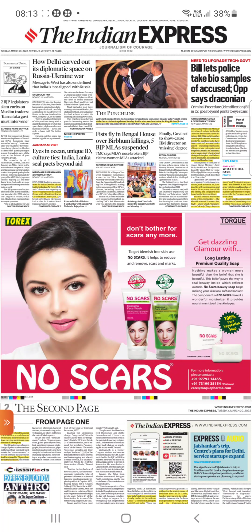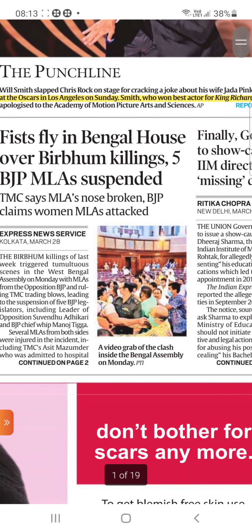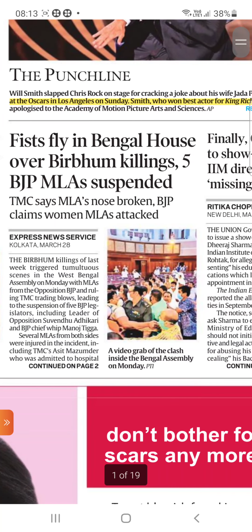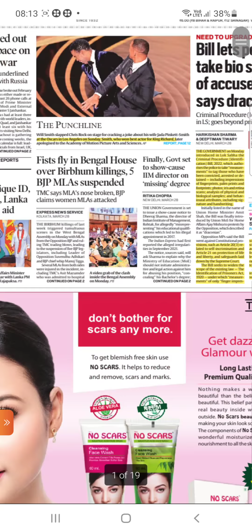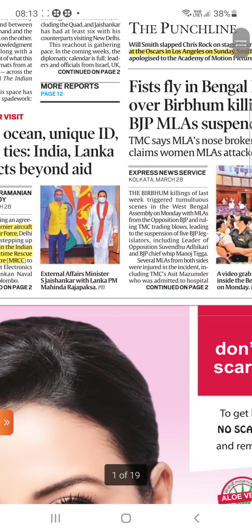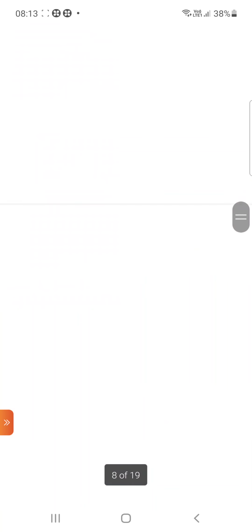March 29, Indian Express News articles. The first article is about Smith at the Oscars in Los Angeles on Sunday. Smith, who won best actor for King Richard. That is what was given. The next article is Eyes in